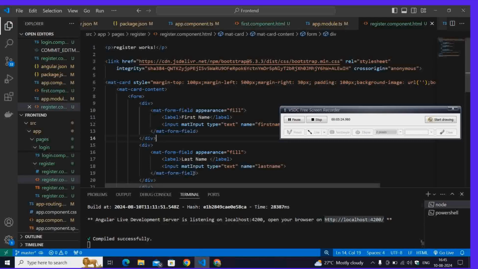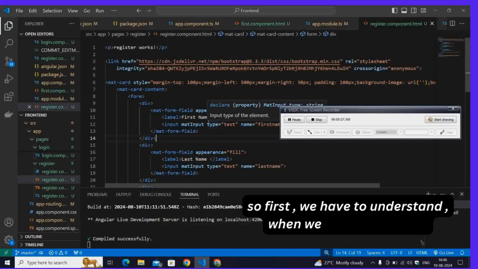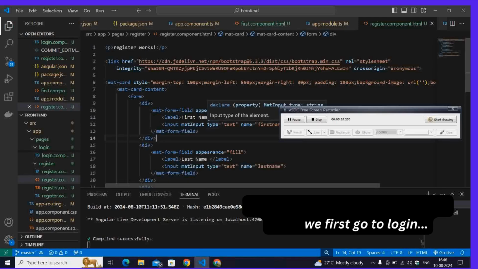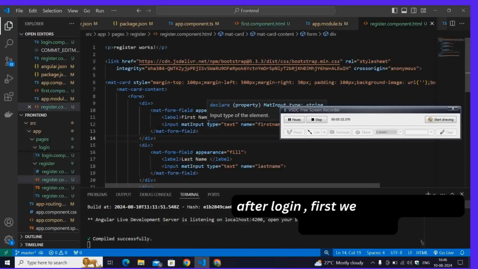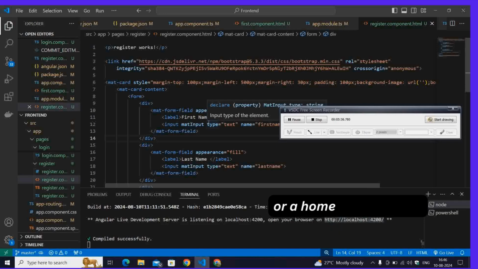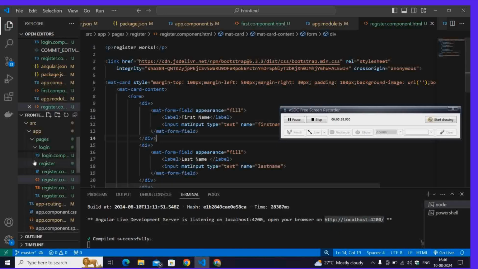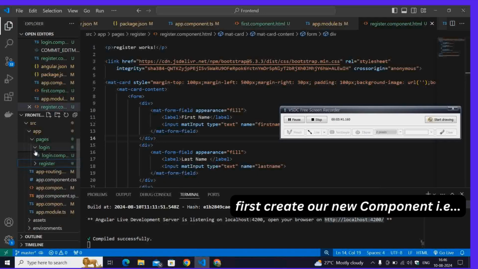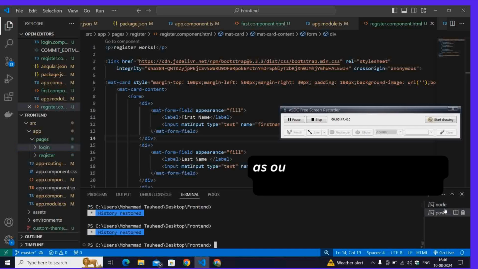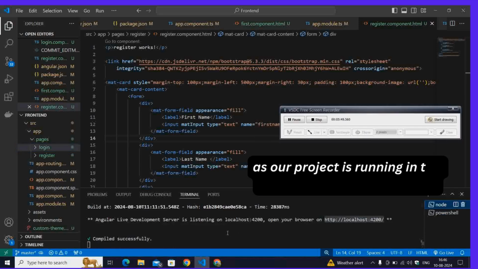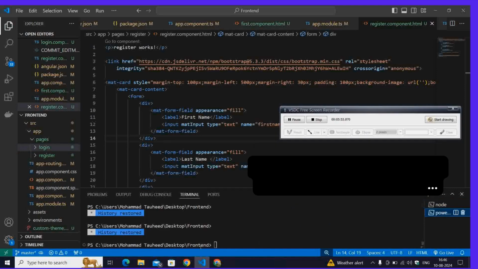Alright. So first, we have to understand that when we go to login, after login, we have to see a particular dashboard page or a particular home page. So let's first create a particular new component, because our project is running using this. Okay, so here in PowerShell I will